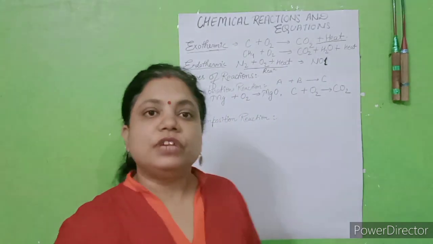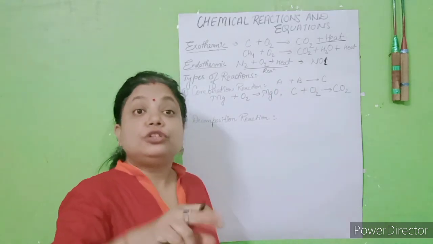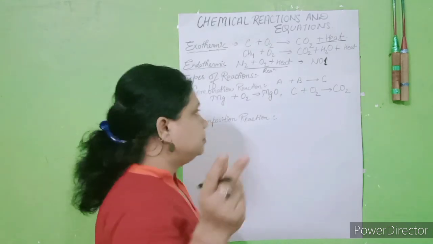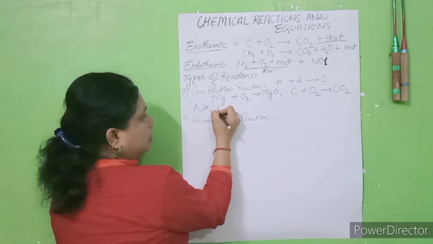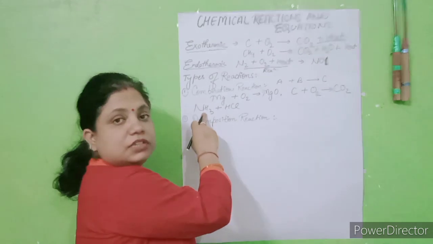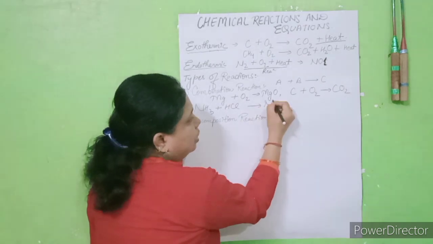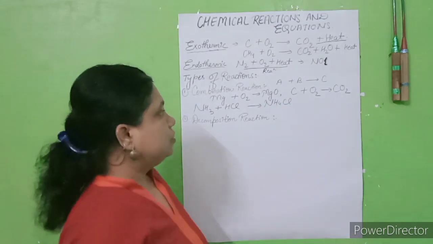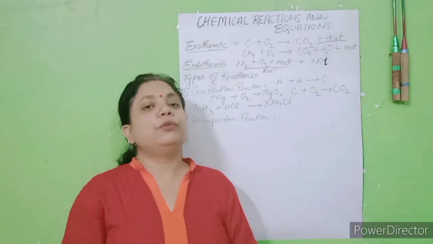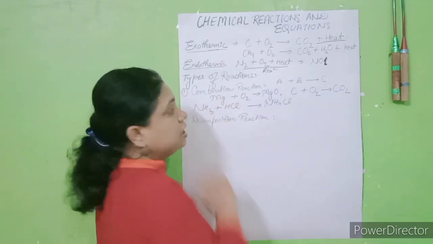So this is which type of reaction, students? It is a combination reaction where two elements can take part, or two compounds can also take part. Let's see an example, like two compounds, I take ammonia NH3 plus HCl. This is NH3, sorry. Okay, NH3 which is ammonia, and HCl hydrochloric acid. When they react, they will form ammonium chloride. Right. So this is a combination reaction where two or more elements or compounds combine and form one single product, or you can say one new product, which is known as a combination reaction.